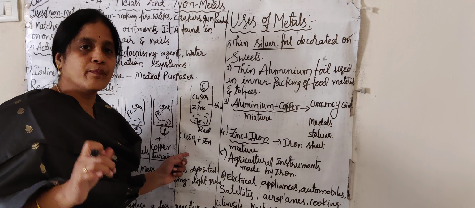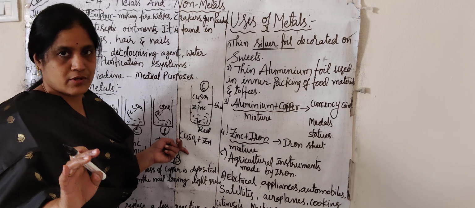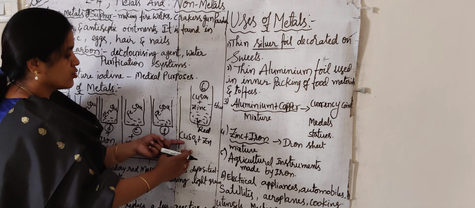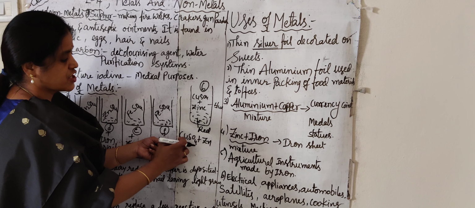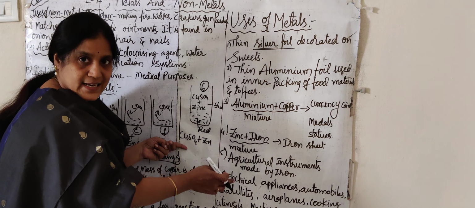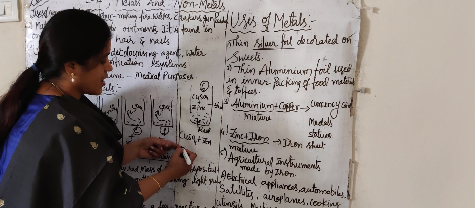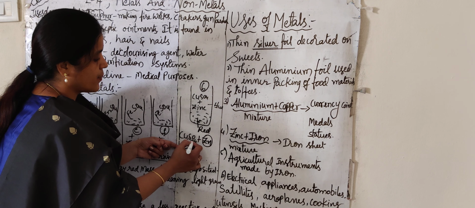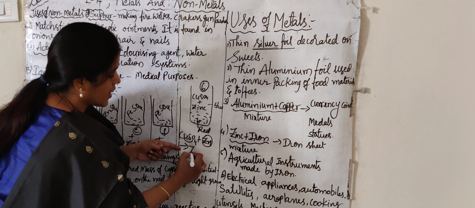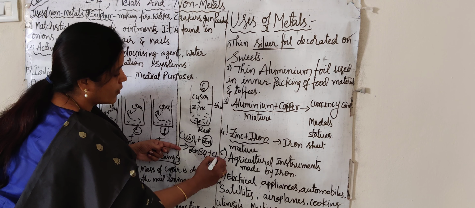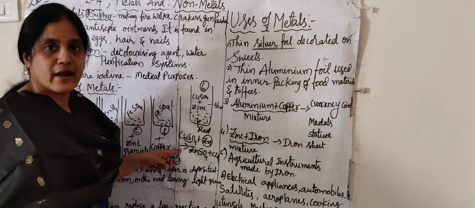here I am writing in the symbolic form. In the 8th class you don't have this, but you have it in 9th class. So when you take the copper sulfate, we call it CuSO4. Zinc will be represented with Zn. So when these two react, what happens? This zinc combines with the sulfate and forms zinc sulfate, and the copper is separated.